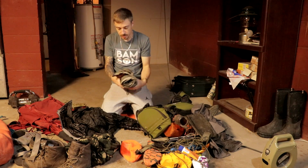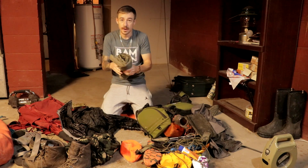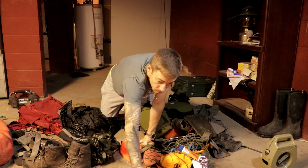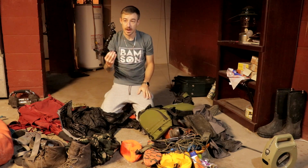This is my sleeping pad. I will bring my Thermarest NeoAir. It's lightweight. It's a very good sleeping pad. It has a good R value too. So we'll put that in the for sure pile. Oh sweet, I do have it. I thought I might have packed away this little